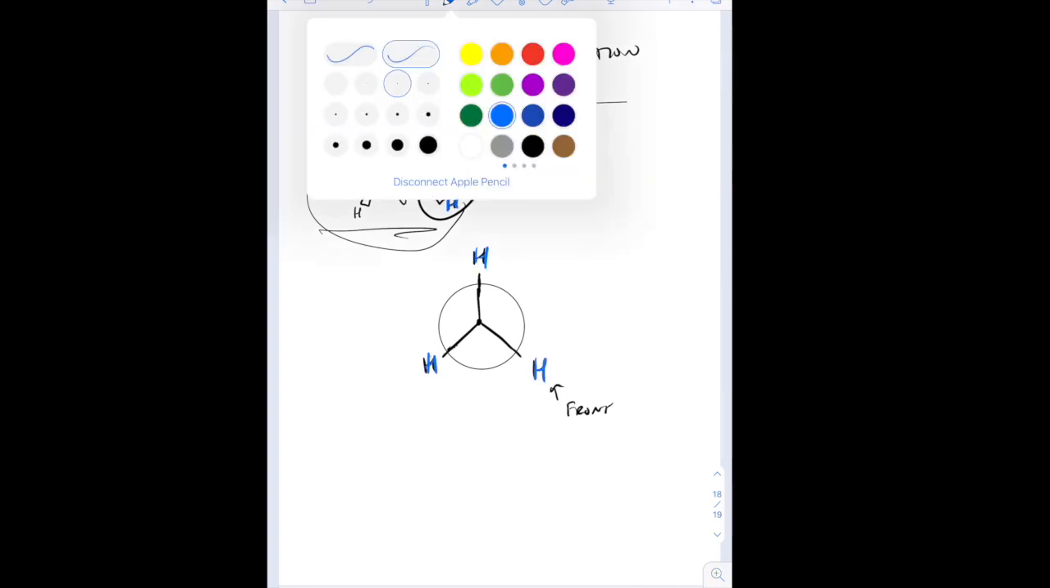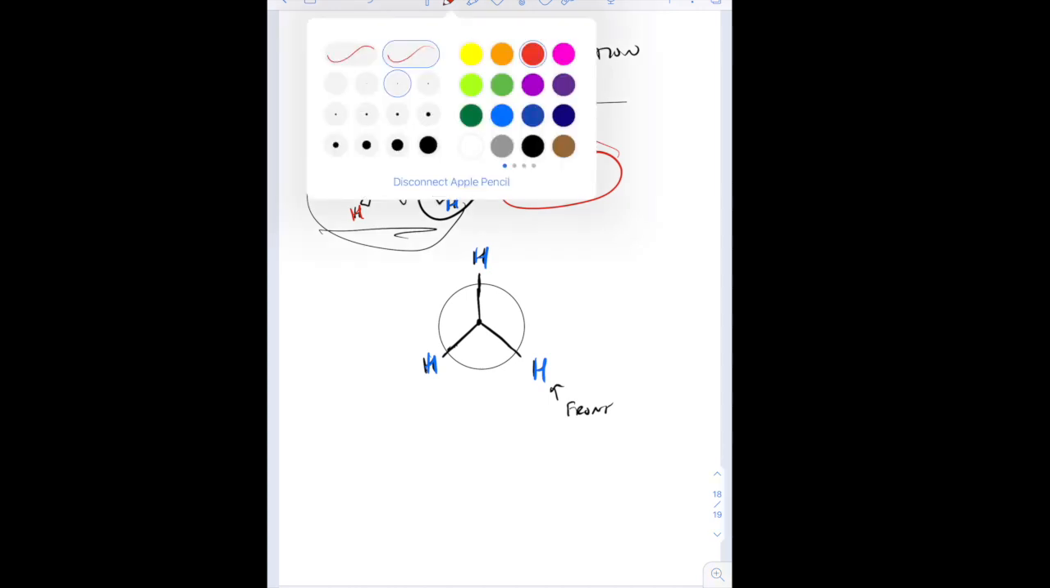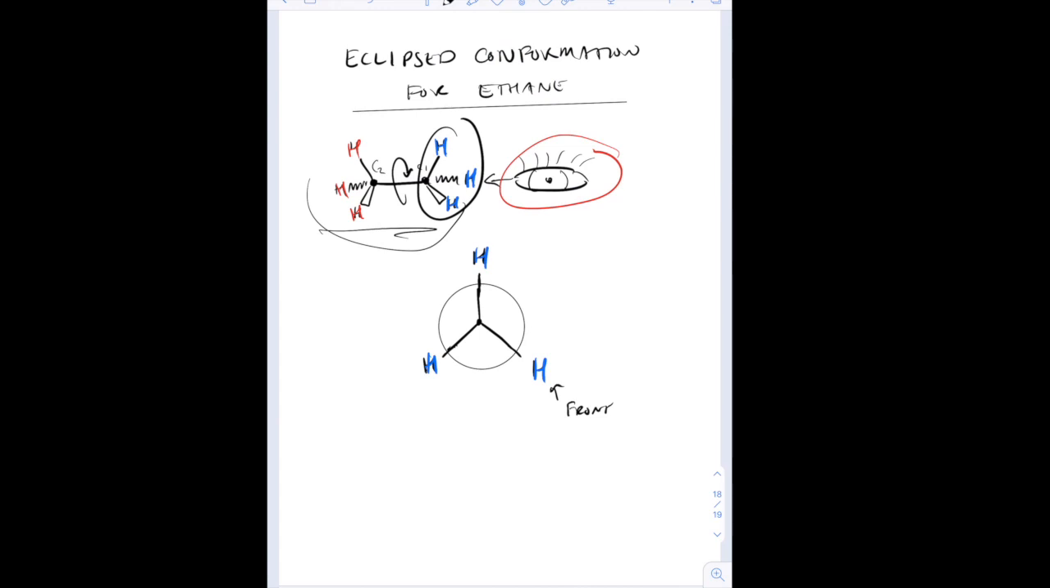It's easy to see, I think. And then these hydrogens that are in the back from this perspective are actually, since they're eclipsed, the way we draw them is a little bit different. Depending on your source, they might have a slightly different arrangement, but pretty much what we're going to have is